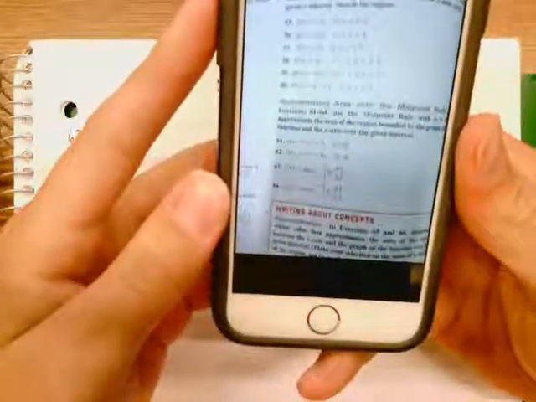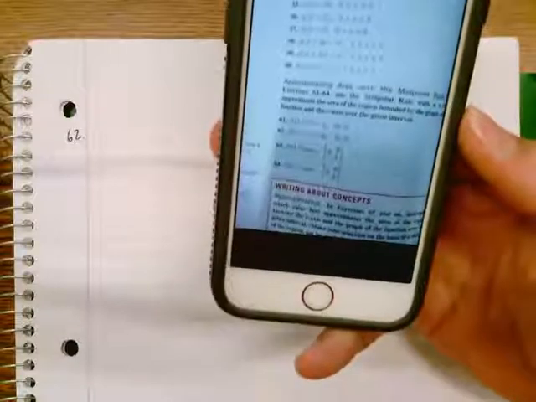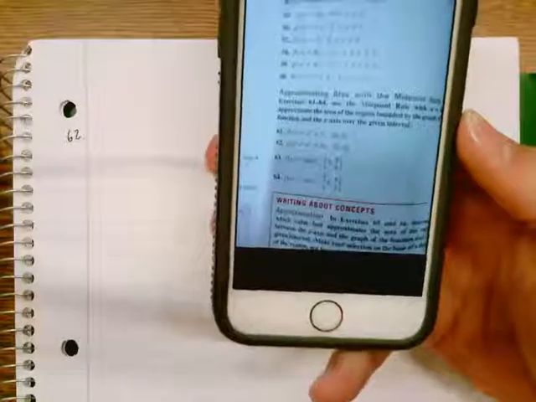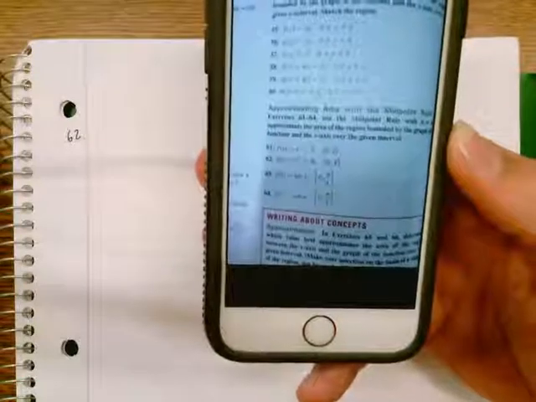Okay, so we're in section 4.2, problem number 62. We're using the midpoint Riemann sum. It says use the midpoint rule with n equals 4 to approximate the area of the region bounded by the graph of the function and the x-axis over the given interval. Okay, so what the midpoint Riemann sum is